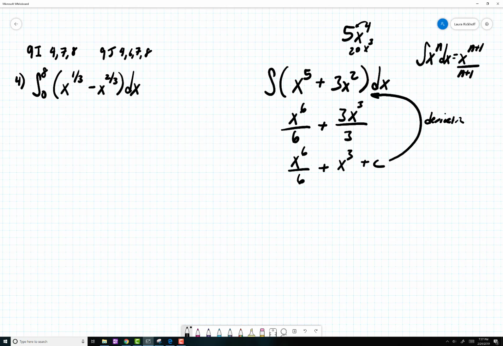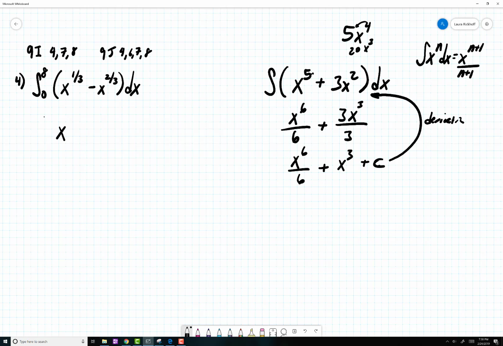So if you took the derivative, you'd multiply by the 6, and that would cancel, and you drop the power down, you'd get that. And then you'd multiply, you get 3x squared, you'd get that, and the derivative of any constant is 0, so you're back to the original. So if we do the same thing for this crazy one over here,